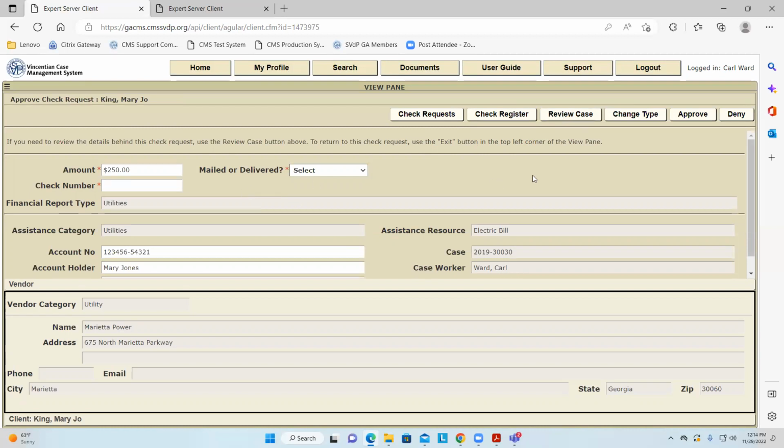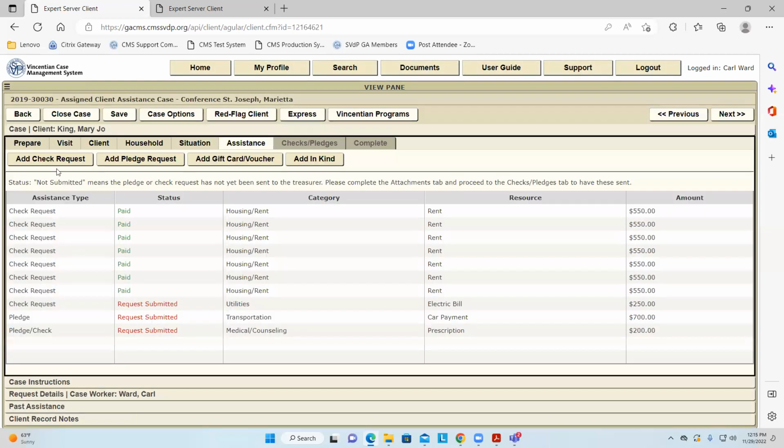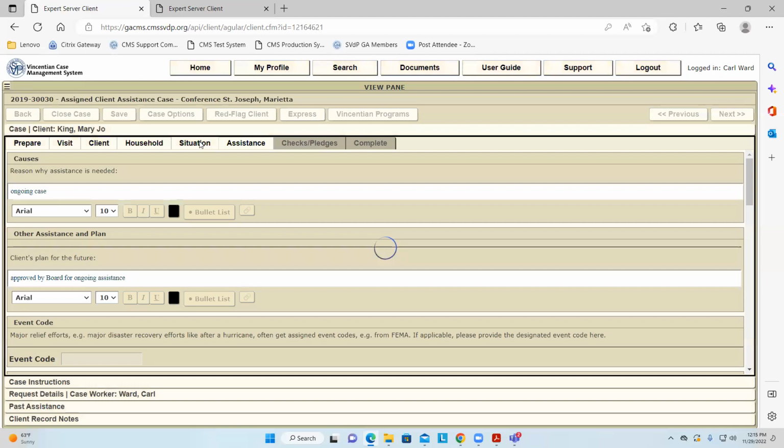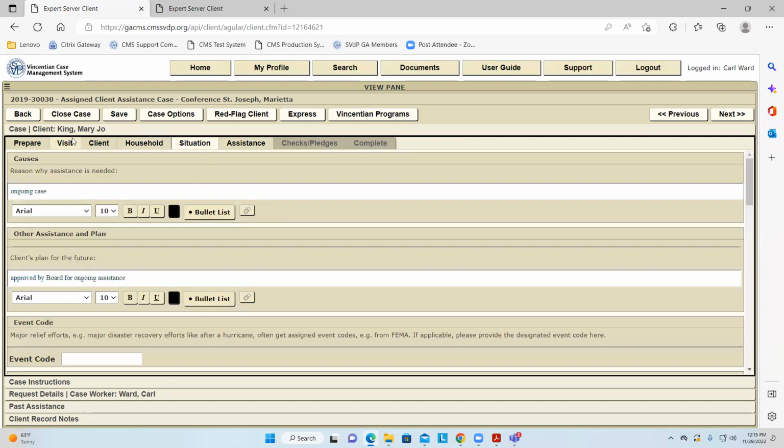Before they approve a check, they want to learn something about the case. So they go to review case, and typically they'll go to the situation tab and learn something about the case before they approve the check. Some don't, they just approve the check, but some want to know more about it, and they can, how many household members there are, but mostly it's the situation that they're interested in learning about.